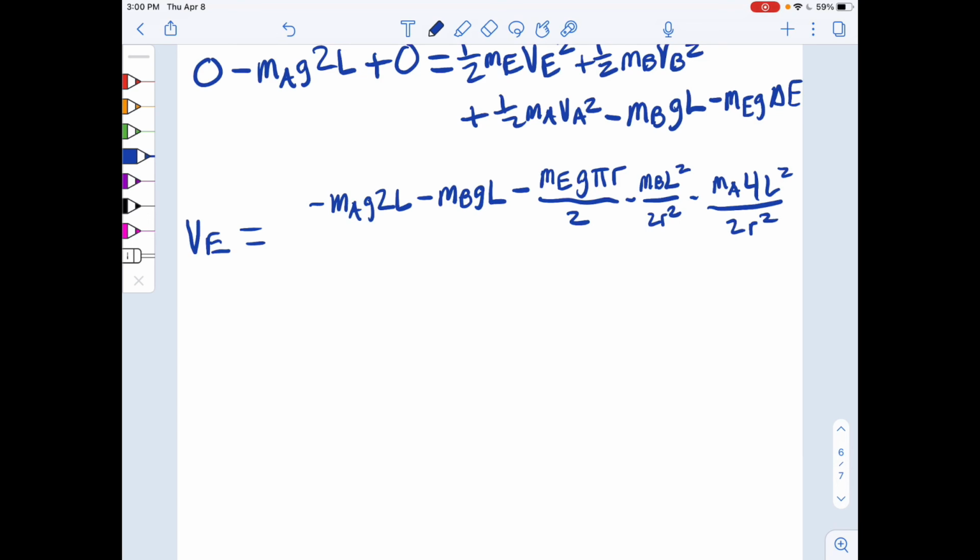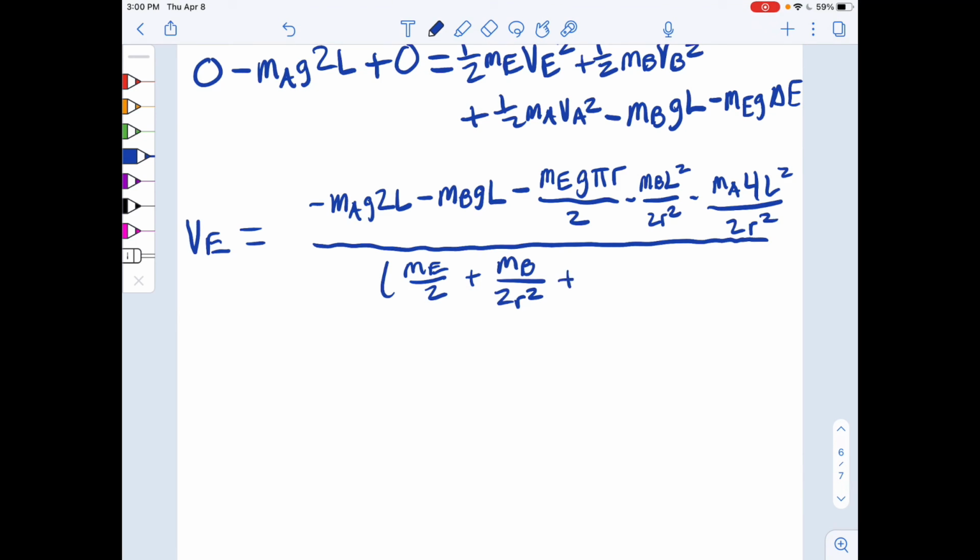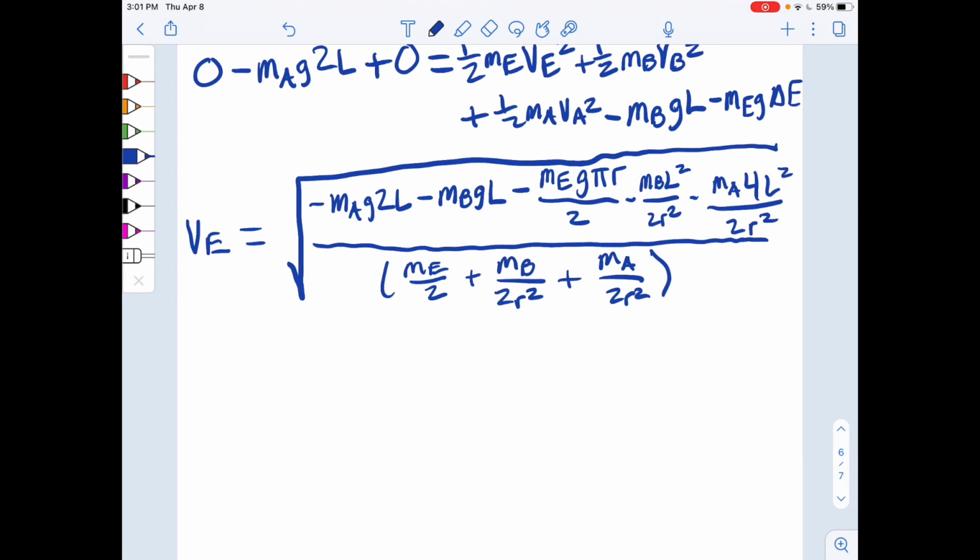And this whole mess is going to be all over ME over 2 plus MB over 2R squared plus the mass of A over 2R squared. And this entire expression that we have written down is all square rooted. And if you would like to continue this further, you could plug in